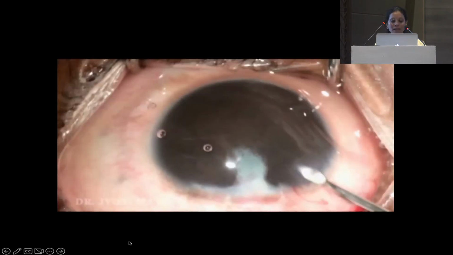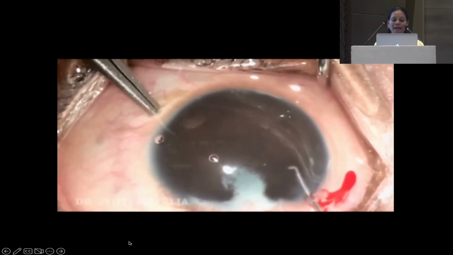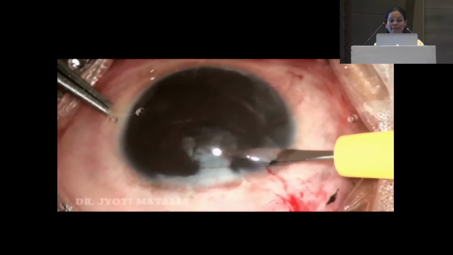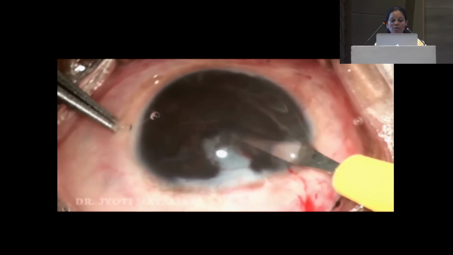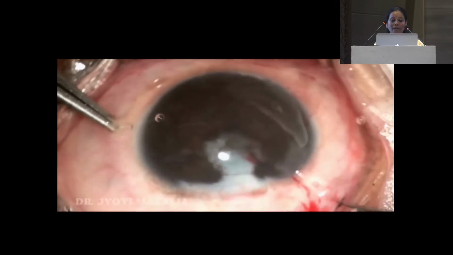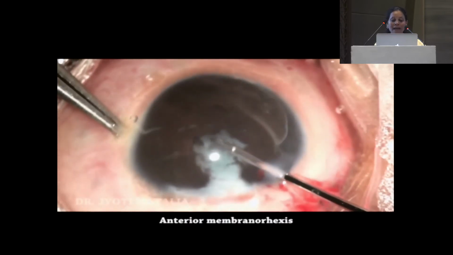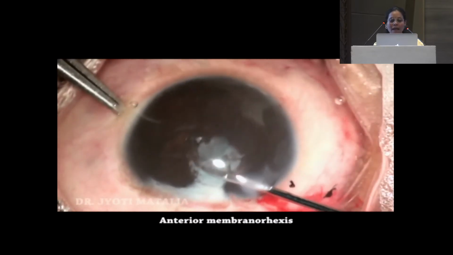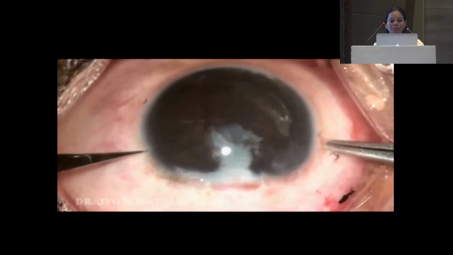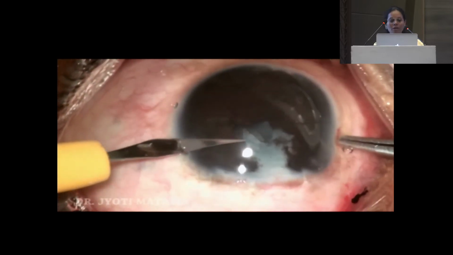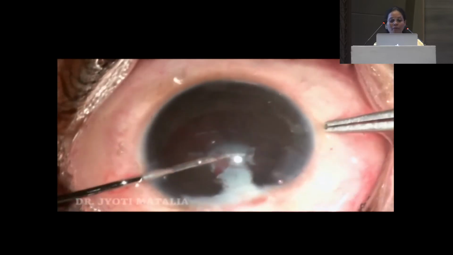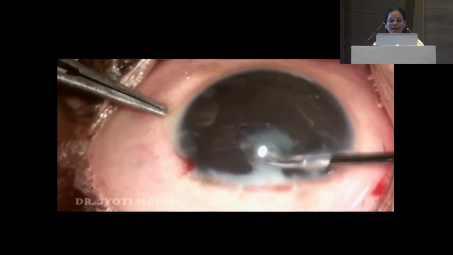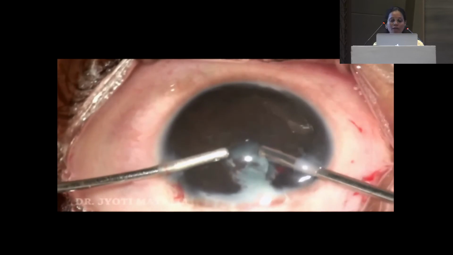Yes, we made 2 side ports and then tried to separate the synechiae which is there. When you're separating the synechiae, you can see the edge of the lens indicating it's come up. Now it is so adherent, we tried to lift up a flap of the membrane on the anterior capsule and did an anterior membranorexis in a particular direction to lift it up, and you can see it's completely adherent superiorly. So I did the other side port, put in the same forceps and tried to lift it completely up, which remained adherent. I tried to cut it, it's very, very hard, so I used a vitrector